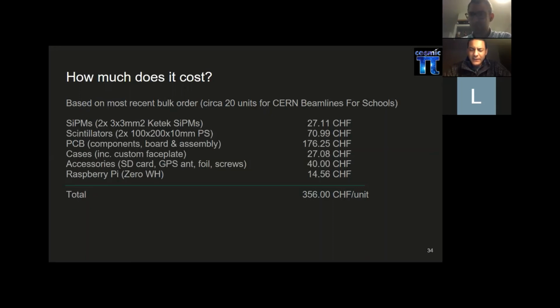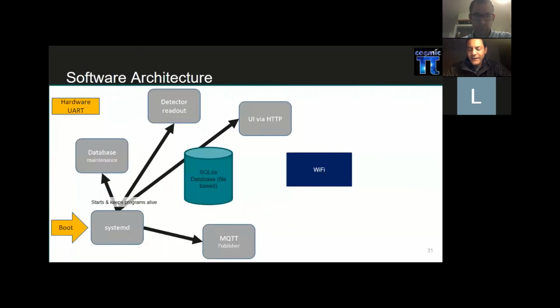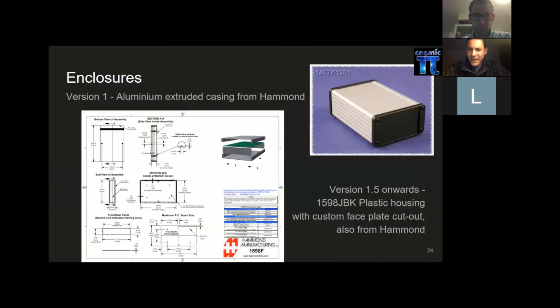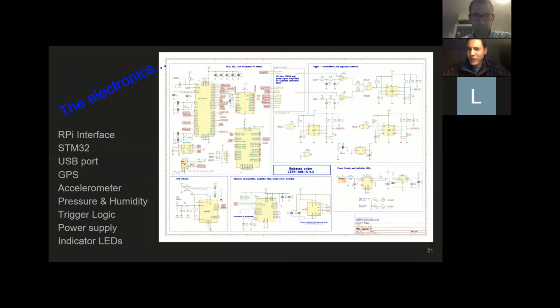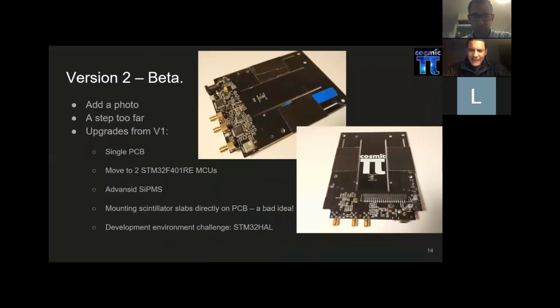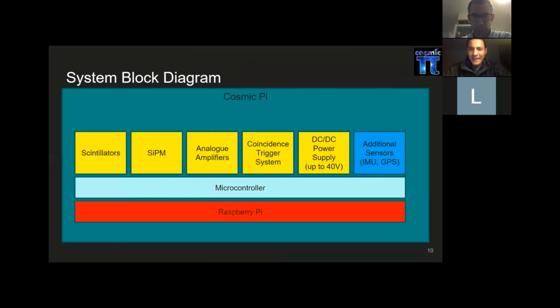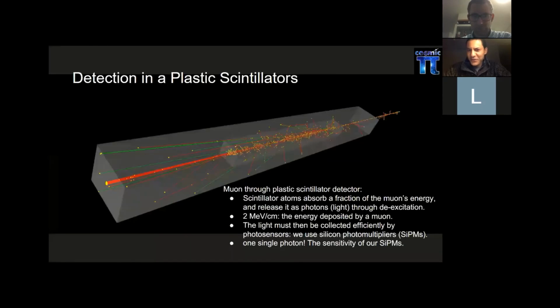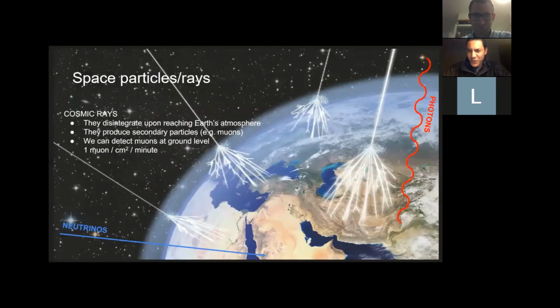You would need to cover a typical, for example, one of the interesting things you might want to do is just capture fully a cosmic ray shower. Depending on the initial energy of the cosmic ray, this shower can extend over several square kilometers. So I think ideally you want to cover the surface of the Earth, or whatever area, Europe, with our Cosmic Pi